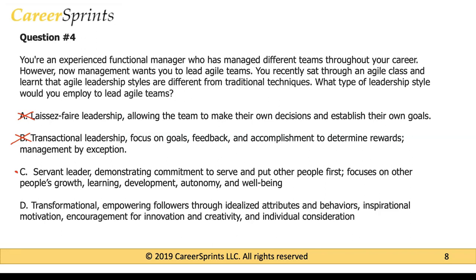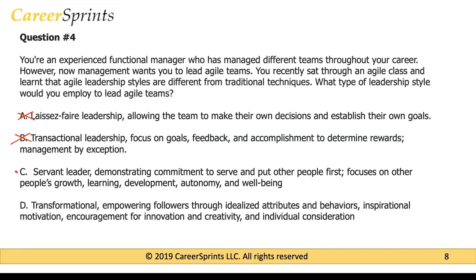So servant leadership techniques are used by Scrum Masters and is one of the core leadership ways or techniques that is used within an agile team. So as a Scrum Master or as a servant leader, you're going to give your team some autonomy. You're going to create learning opportunities for your team members. You're going to help the team become more self-organized. You're going to help the team remove impediments, and you're going to be invested in the team's growth. You want the team to become a better version of themselves every single day, or